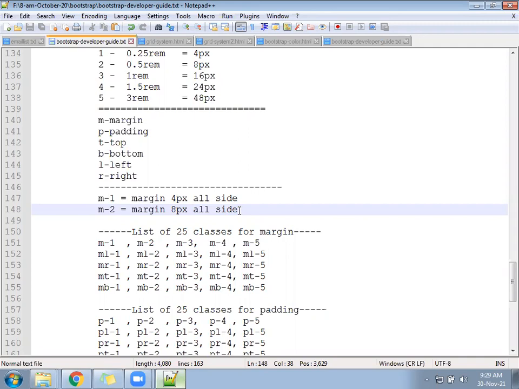M4, 24 pixels on all sides. M5, 48 pixels on all sides. Remember? M1, M2, M3, M4, M5. Correct? That way we can give the margin.